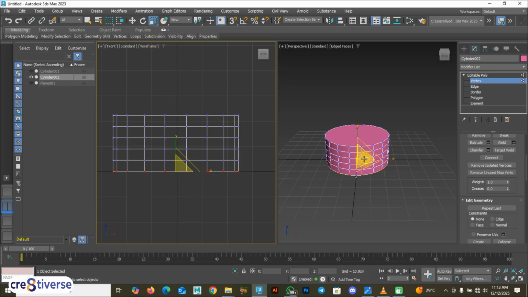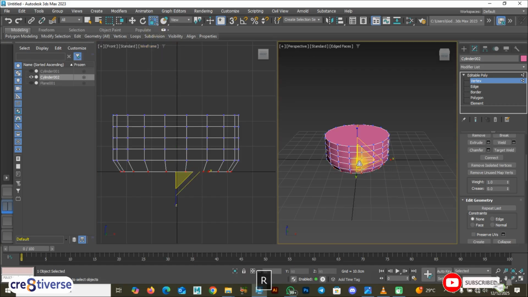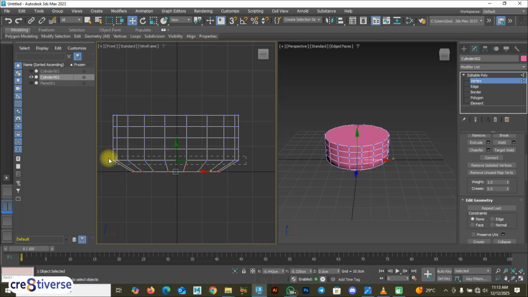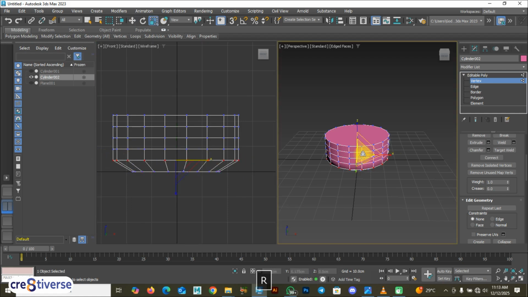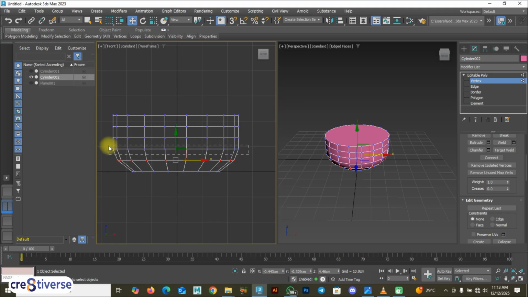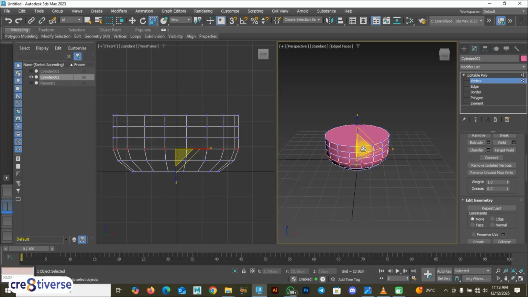I will reduce this in size like so. Then come here, highlight all of this, do the same thing, maybe like this, and come here, select all of this, same thing, but in this case, instead of reducing,